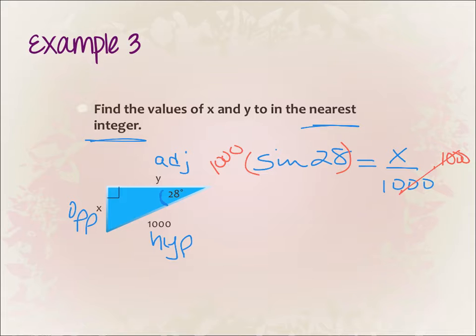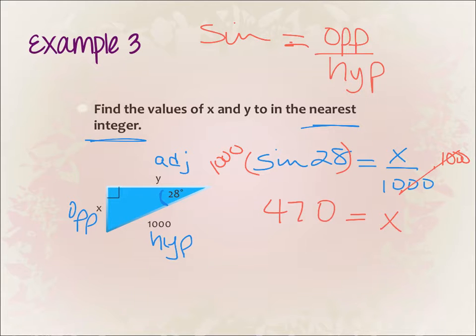Okay. What I needed to do is figure out which trig function, either sine, cosine, or tangent, I'm going to use to find the value of x. I noticed that the sine trig ratio uses opposite and hypotenuse. So I'm going to set up my trig ratio for sine, which is opposite over hypotenuse. My opposite in this picture is x. My hypotenuse is 1,000. And I'm using angle 28. So now on my calculator, I'm going to do 1,000 times sine of 28. Once you do that, you should get